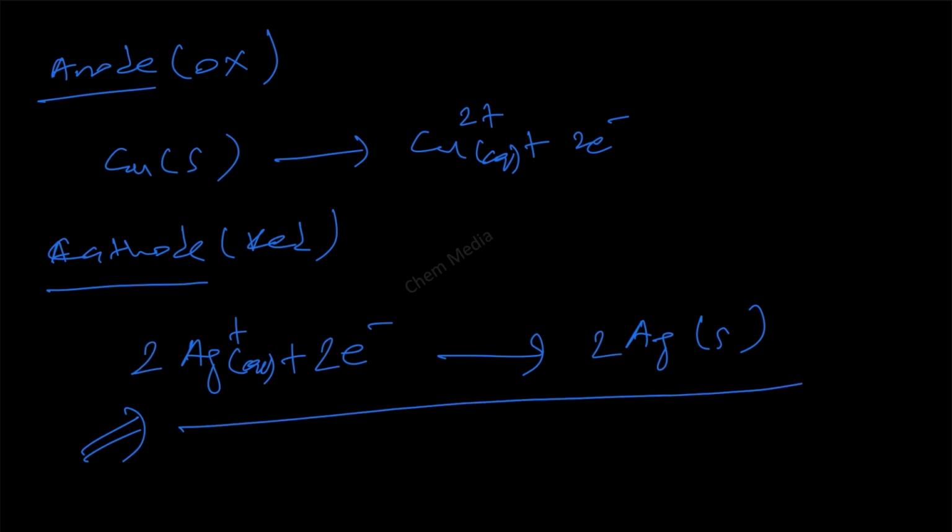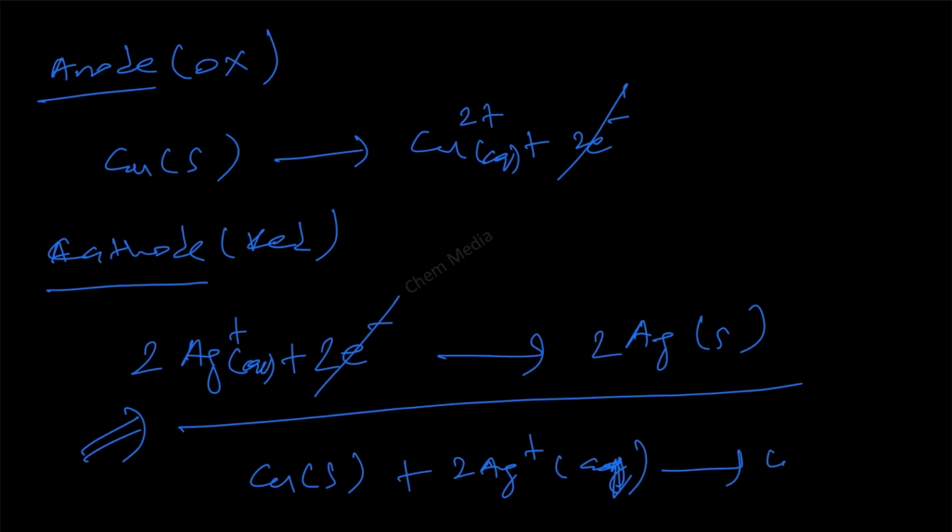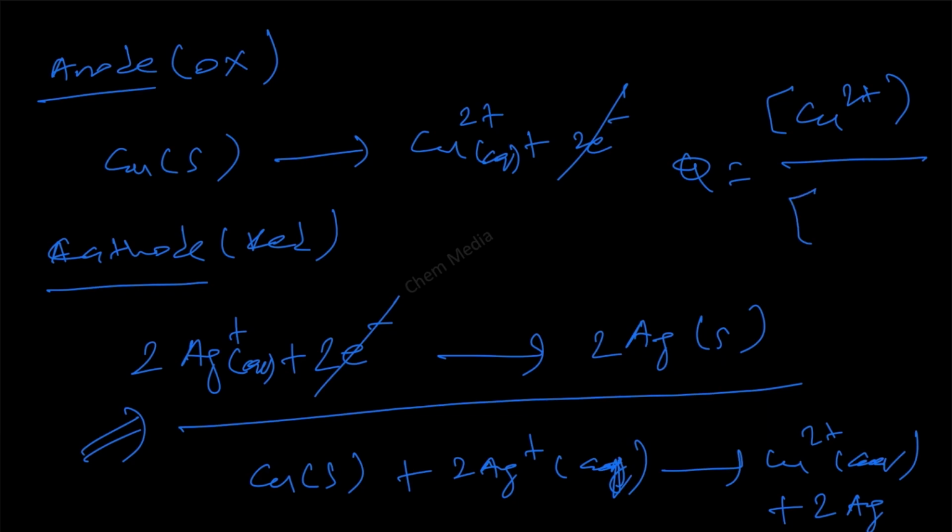So therefore, the net reaction is copper solid plus 2 Ag plus giving copper 2 plus plus 2 Ag. Therefore, the quotient here is concentration of copper 2 plus divided by concentration of Ag plus whole square,